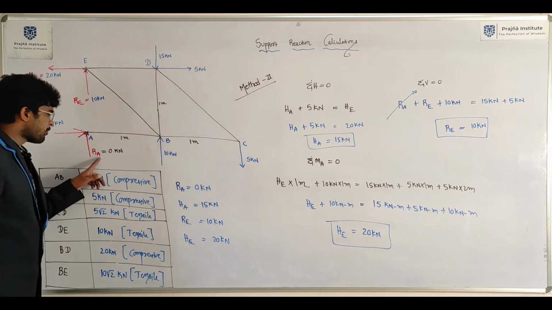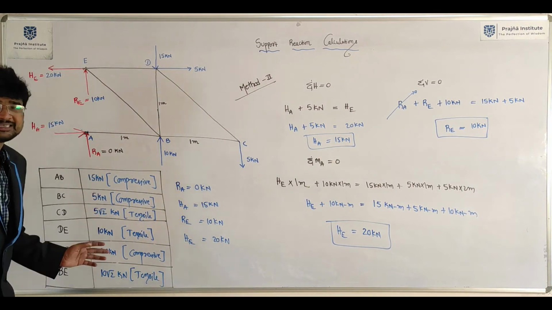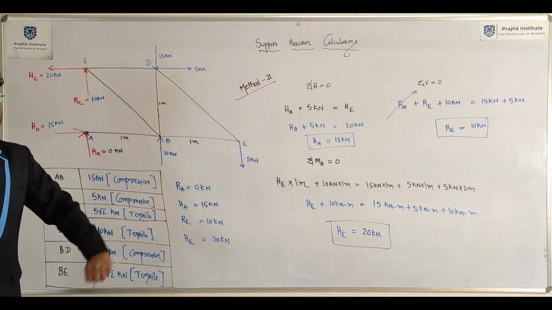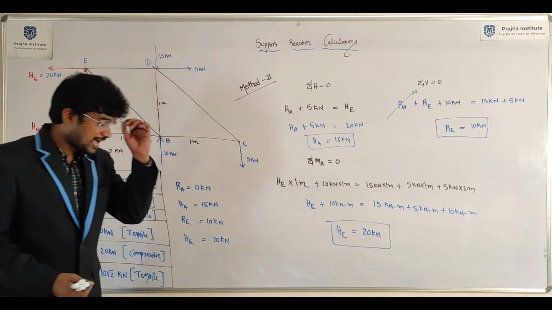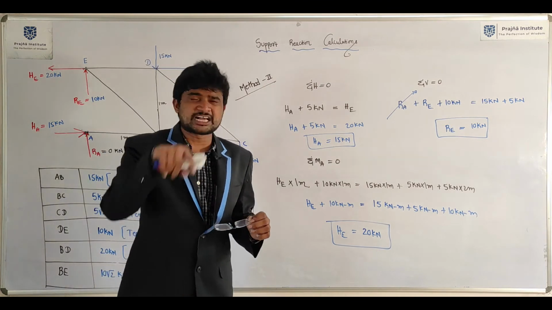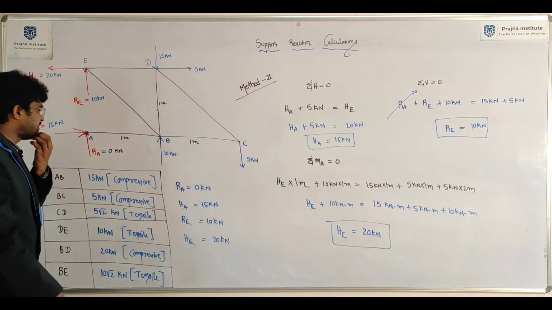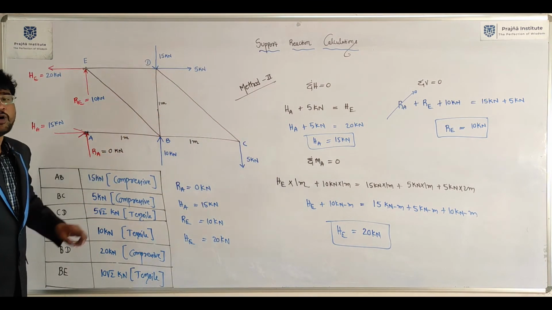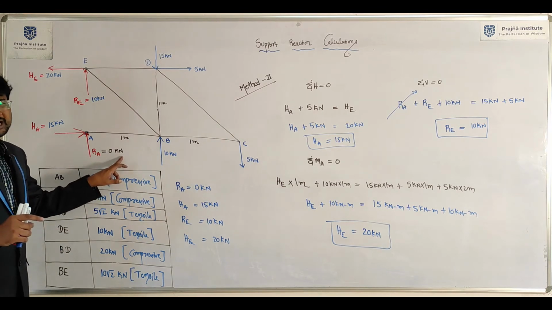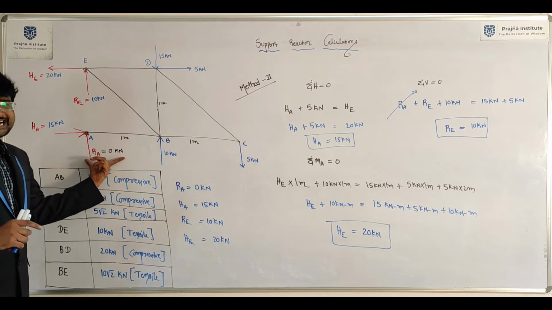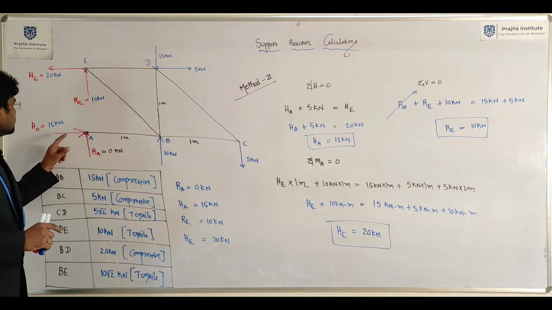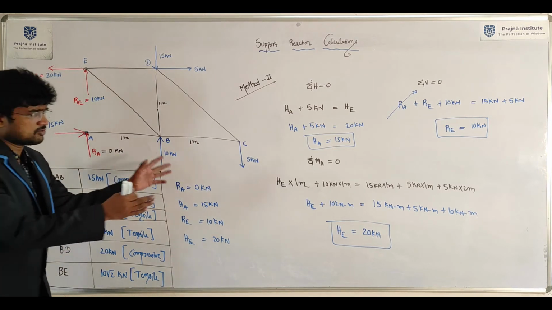First, one support reaction will become 0. What is the problem here? Total 4 support reactions. We have 3 unknowns and 3 available equations, so you can't solve the problem. That is why just observe what is happening here. One support reaction will definitely become 0. Then we need to calculate 3 unknowns with 3 equations.